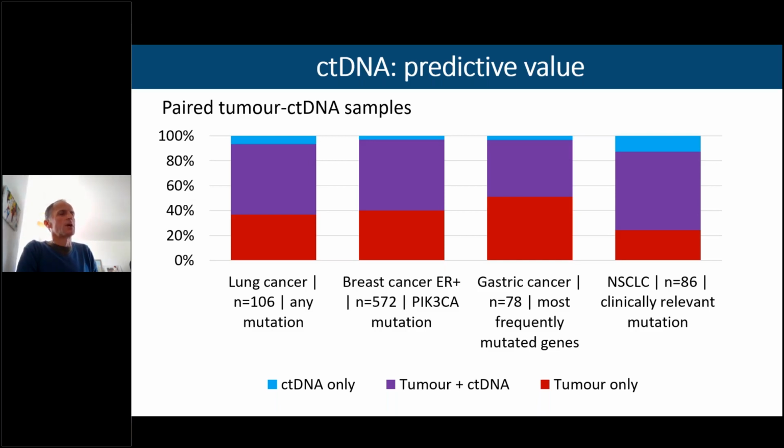We also see a reasonable chunk of mutations in the purple that are detected both in the tumor and in the circulating DNA. But all of these studies have shown a large proportion of mutations that are only present in the tumor, at around the 40% mark. And this highlights the diagnostic sensitivity of these assays. The most likely explanation for this is that the volume of disease is such that the abnormal DNA has not found its way into the small amount of blood taken from the patient and has therefore not triggered a positive result. So there is still a sensitivity